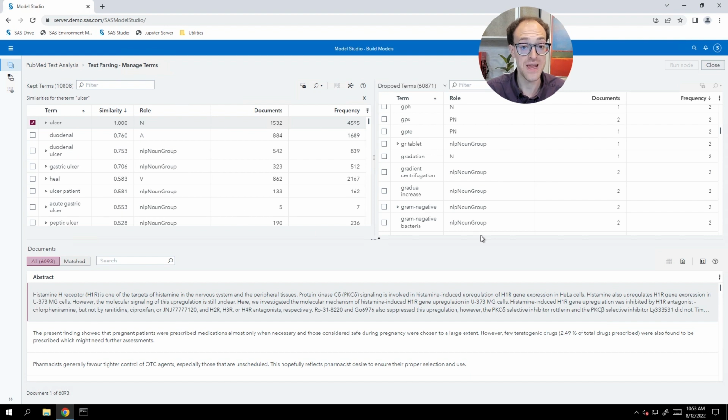So all of this information from the text parsing node then gets passed on to the concepts node. And you can sort of see why I put this above the concepts node, because we're going to use some of this information and the grouping together of terms with the misspelling detection to help drive our concept rule building. So let's close the text parsing node here.